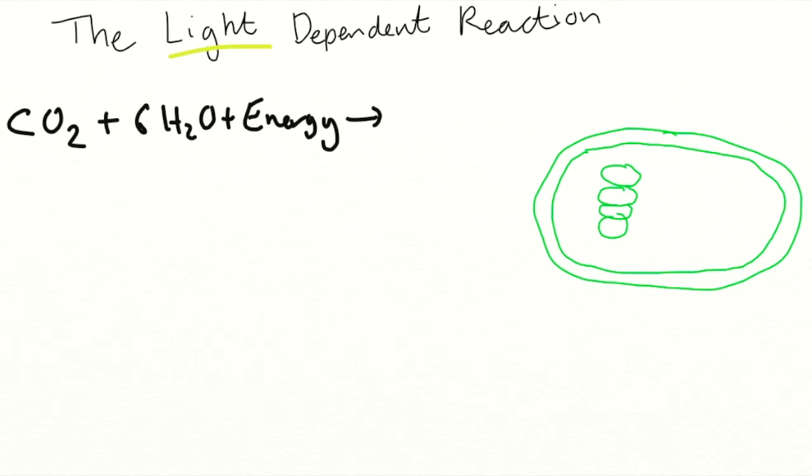Now, just talking about the light dependent reaction, which is the first stage of photosynthesis, one of our inputs, water, goes in, and so does light, and out of this comes our oxygen. Okay, so one of the products of the light dependent reaction is oxygen,